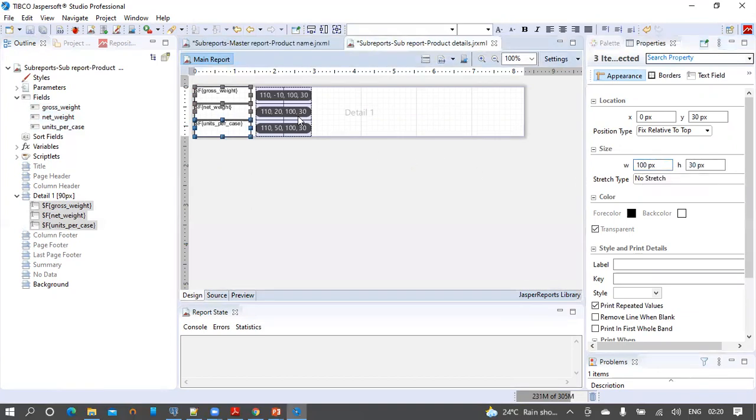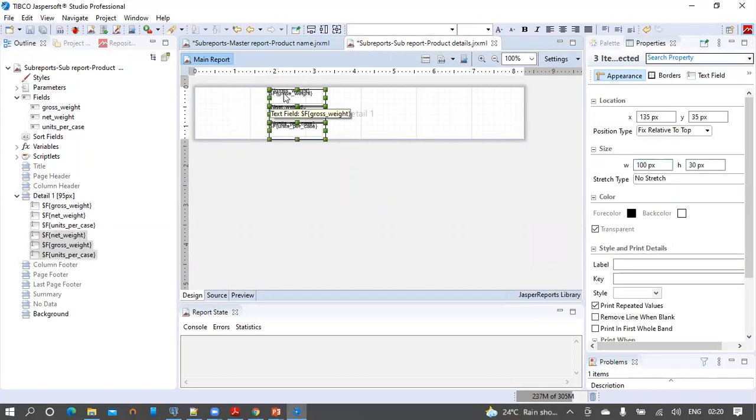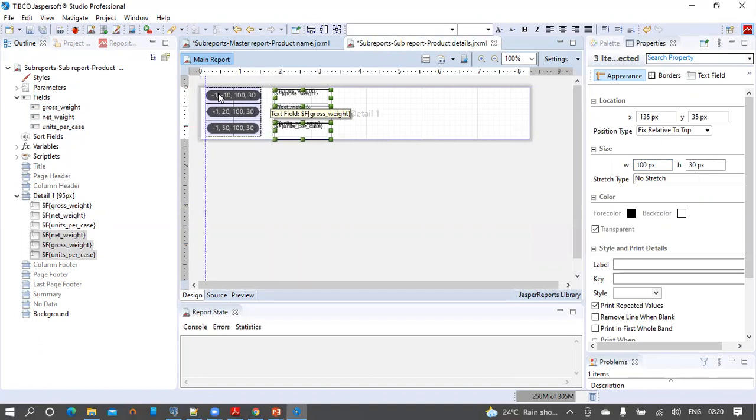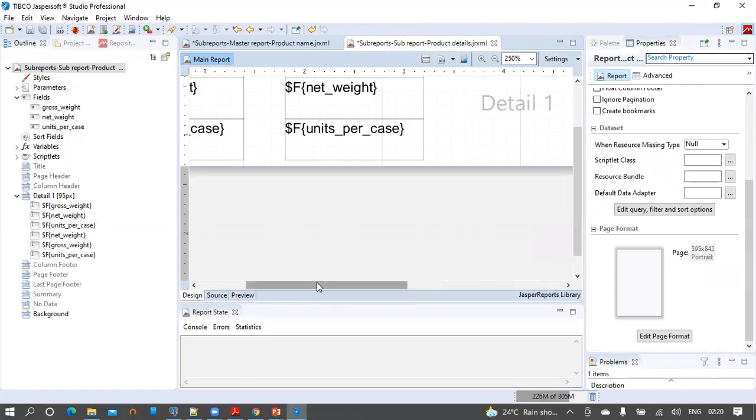And let us label these text fields with its names. So I am copying the same text fields, but I am going to update the labels here. So maximize a bit.